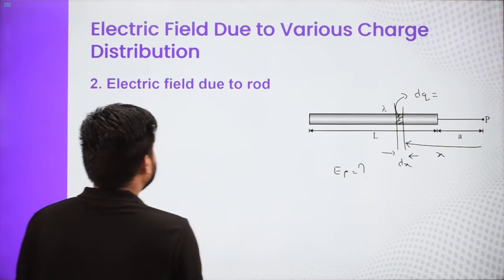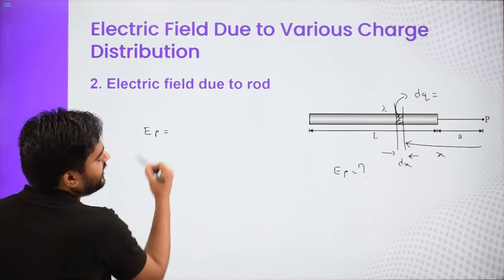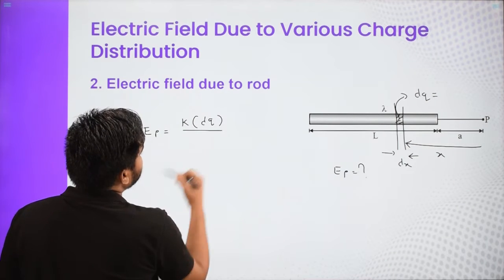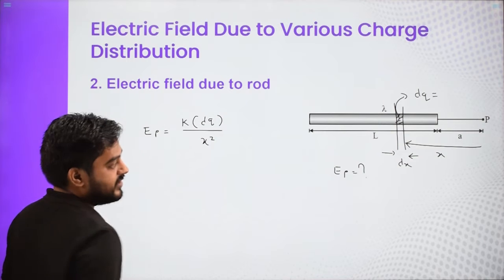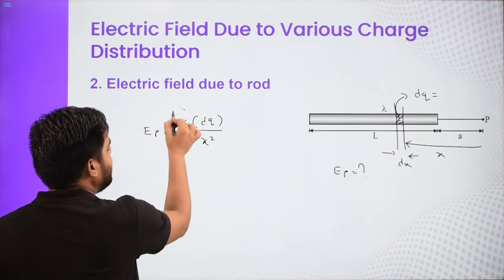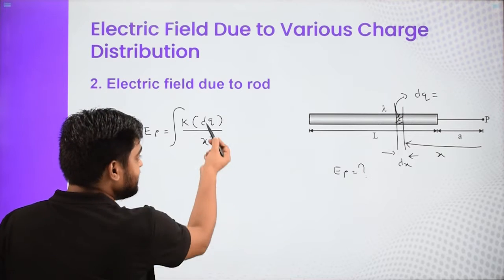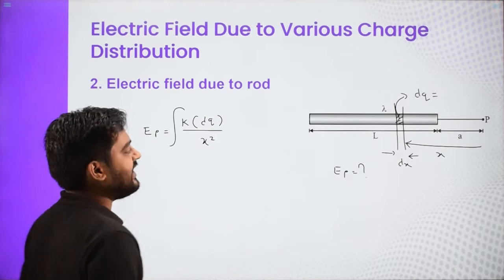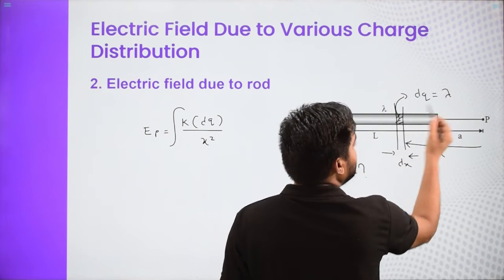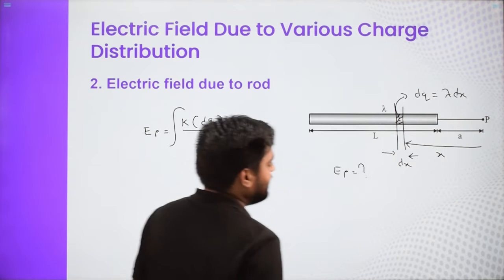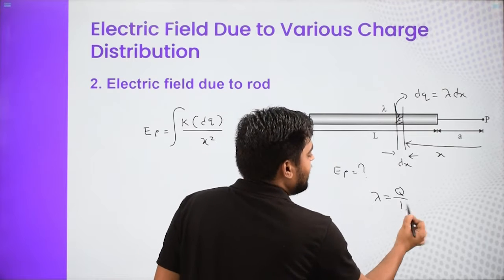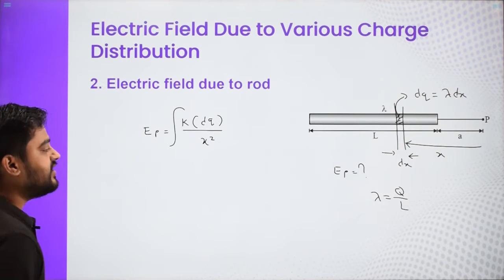And if you want to write the electric field at point P due to that point charge, then you will write it is k dq by r square, and the distance is basically x. So distance between this point charge and the point P is x. So divide by x square, and we have to integrate it. But here is the thing, this is dq and this is x, so we need to relate. So what is the charge on this small element? It is charge per unit length lambda into dx, the required length, and lambda is nothing but total charge lying on the rod divided by total length. Given that it is a uniform charge distribution, we can write that.